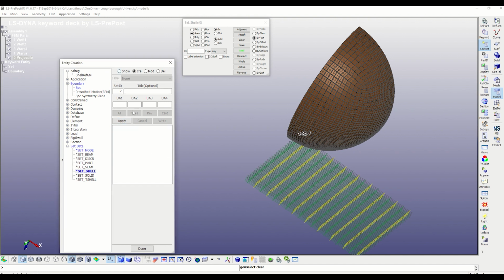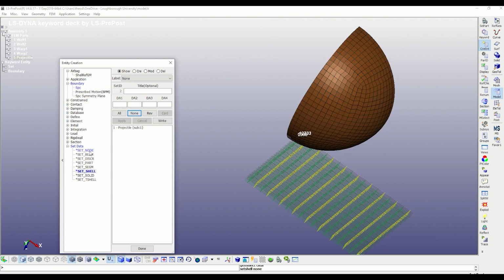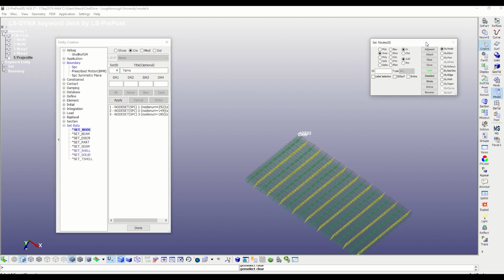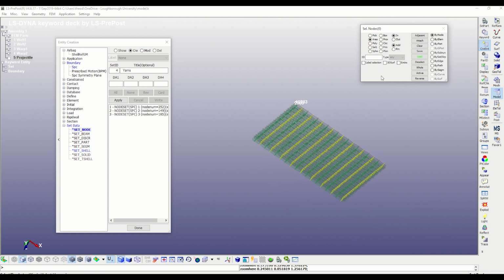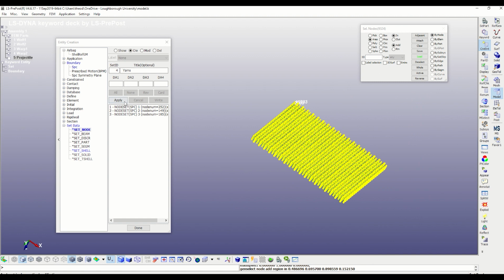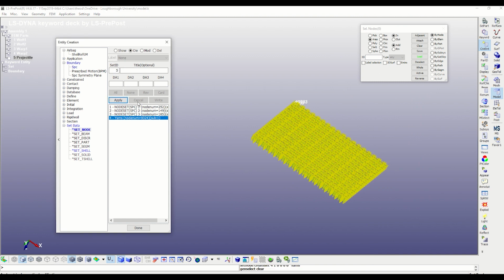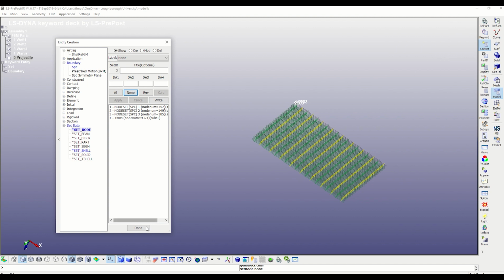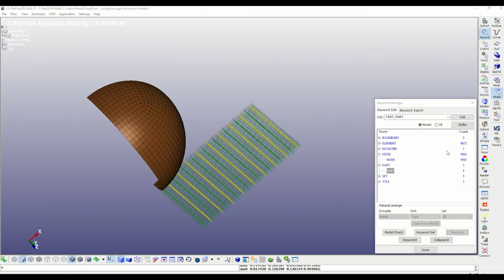This will serve for the interaction between yarns, so yarn-yarn contact. Perfect. Now we have the sets for our interactions.